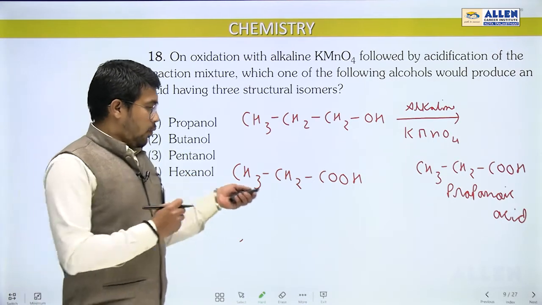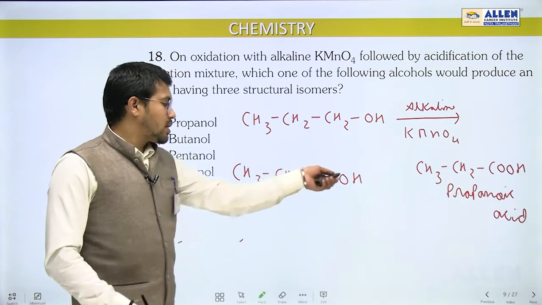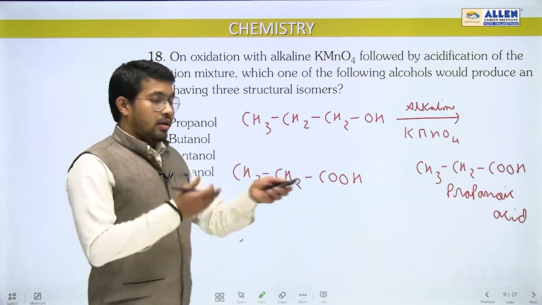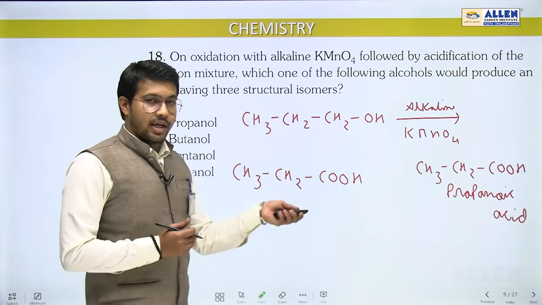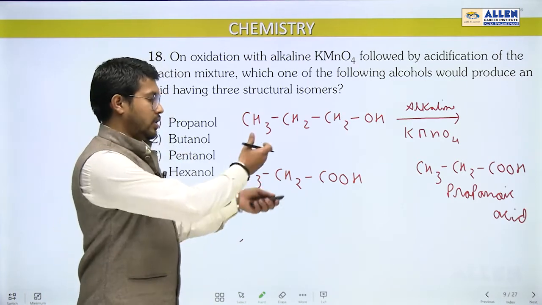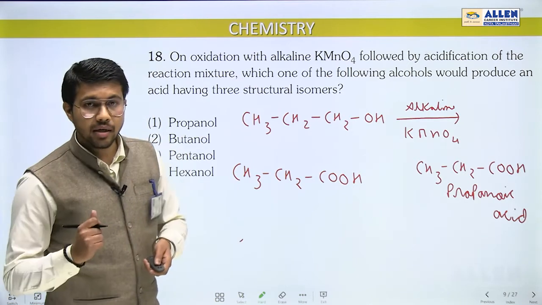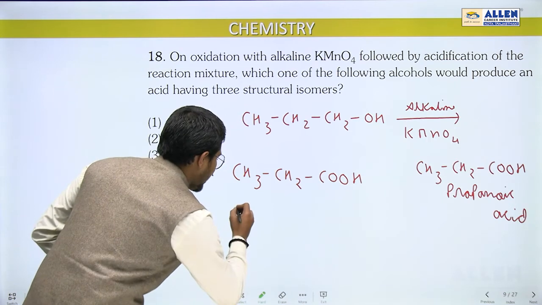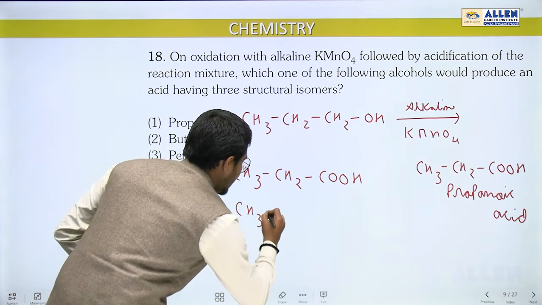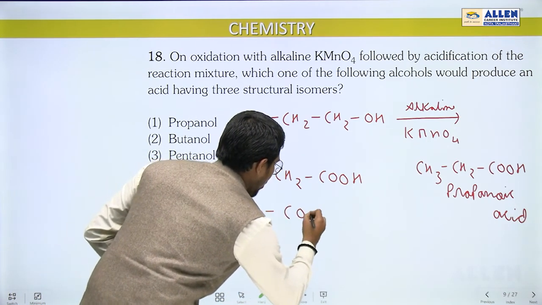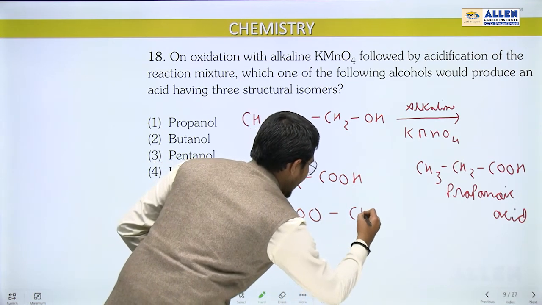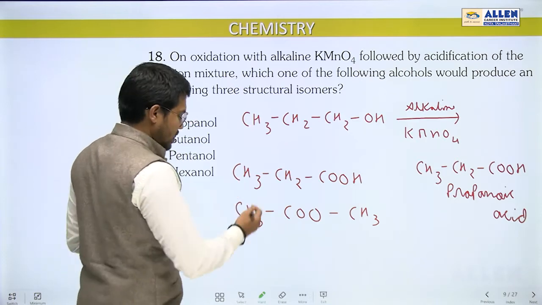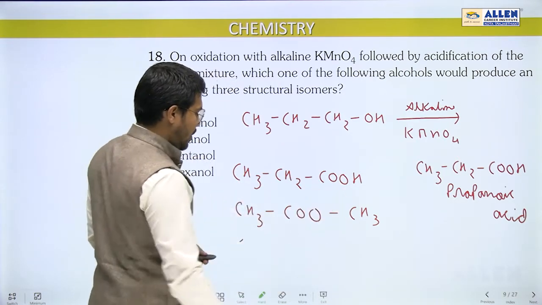So, if we look at the functional isomers of this particular compound, the functional isomer of carboxylic acid is ester. So one more structure we can draw, and that structure is CH3COOCH3. Obviously, in these two structures we can simply see that we have 3 carbon atoms.